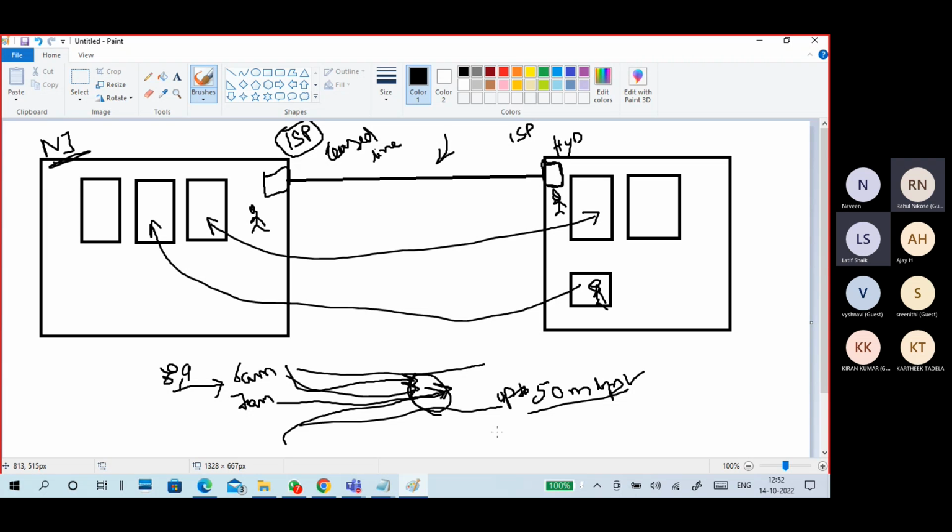Up to 50 Mbps means maximum 50, maybe 40, maybe 30, maybe 20, maybe 45. When your utilization increases, with more users using the internet, more traffic means slower internet speed.